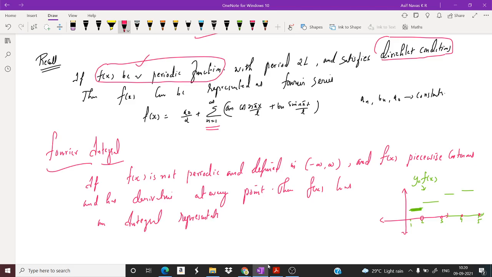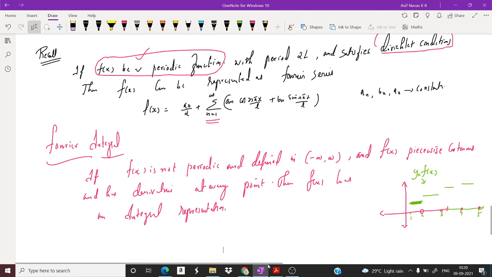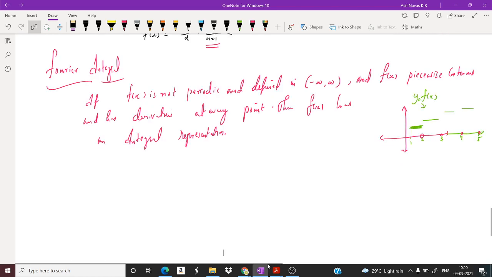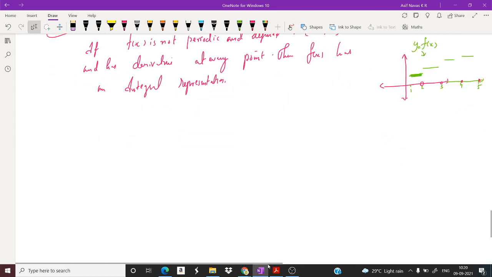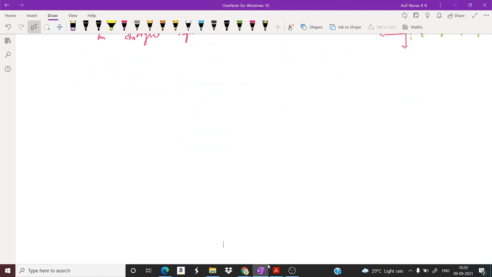Instead of a Fourier series, we have a Fourier integral. So now I will define what a Fourier integral is. These are the conditions: if f of x is non-periodic, piecewise continuous everywhere and the derivative exists, then f of x can be written as a Fourier integral of the form